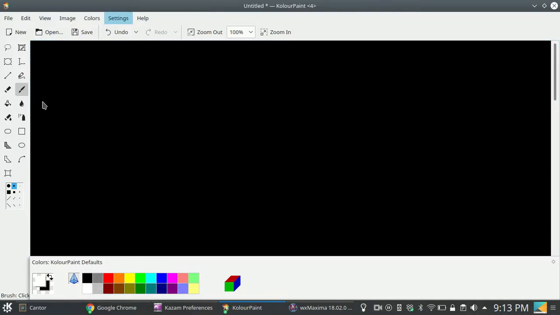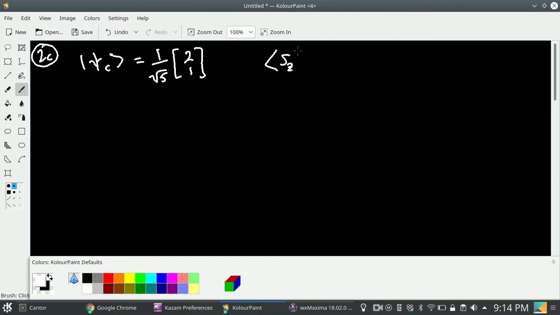Angelo, this is 2c here, and we've got a vector like this, 2, 1. Okay, so there it is. Now, there are two ways to approach this problem. The problem being, what is the expectation value of SZ? Right? Now, you approach this with the matrix way, but you